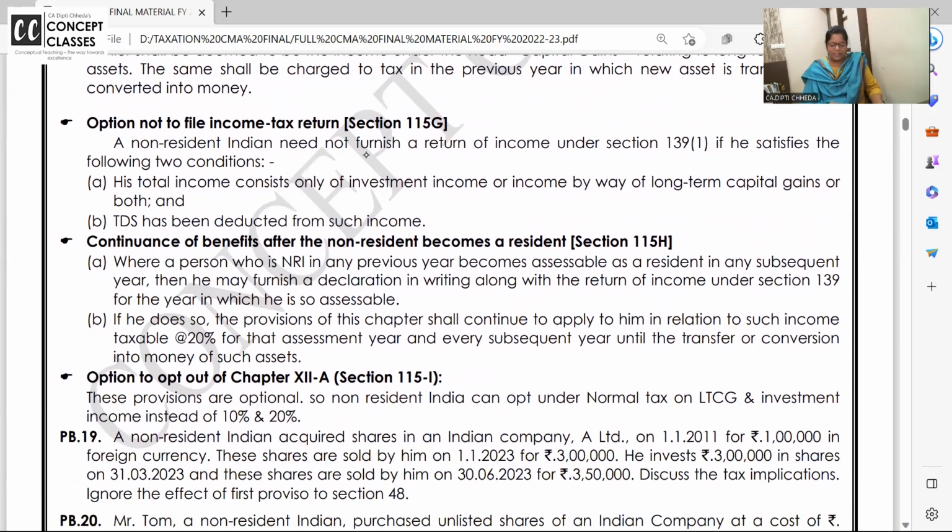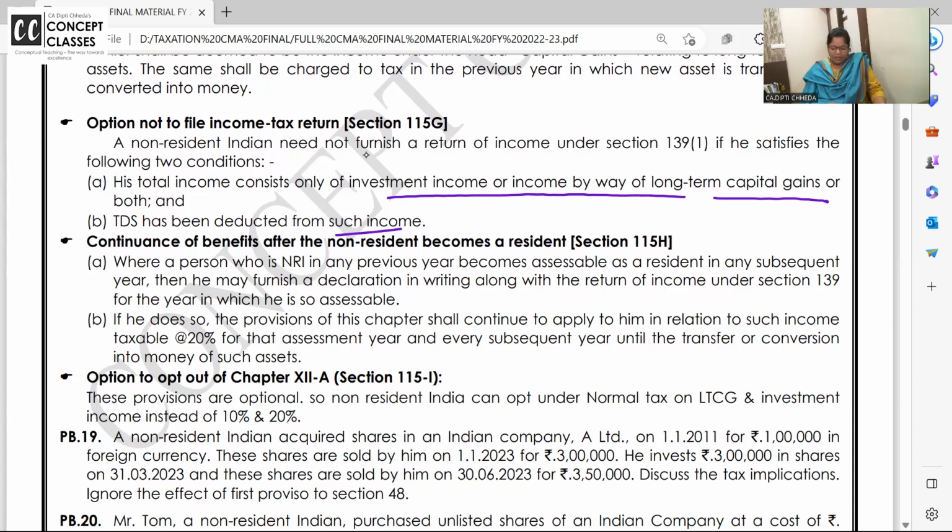A non-resident Indian need not furnish a return of income if he satisfies the following two conditions. His total income consists only of investment income and long-term capital gain, and TDS is deducted. If an NRI has only two incomes, that is, he has invested in an asset on which he gets dividend, on which TDS will be deducted, and capital gain on which also TDS is deducted, then he need not file his return. But along with this, if he has some extra incomes, he has to file the return of income in